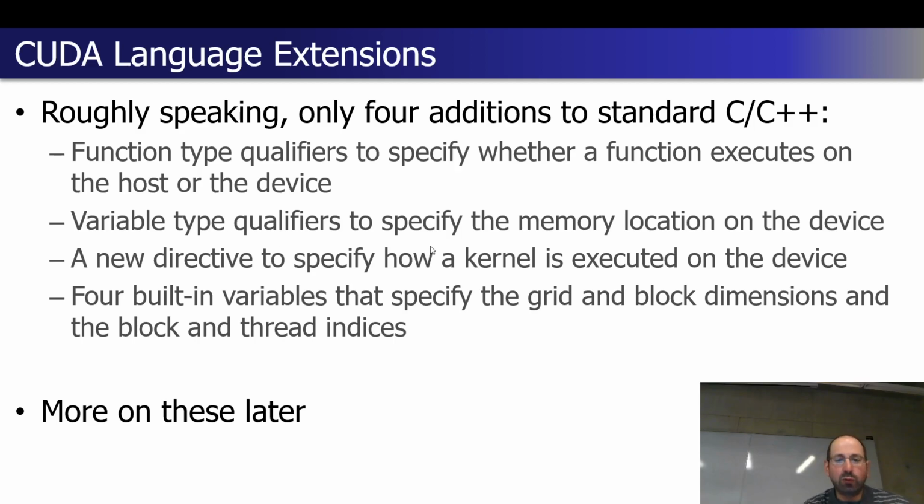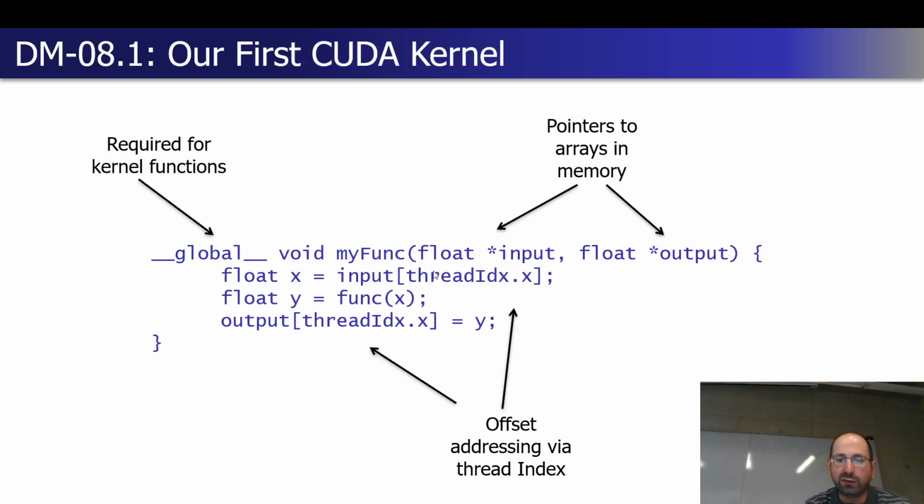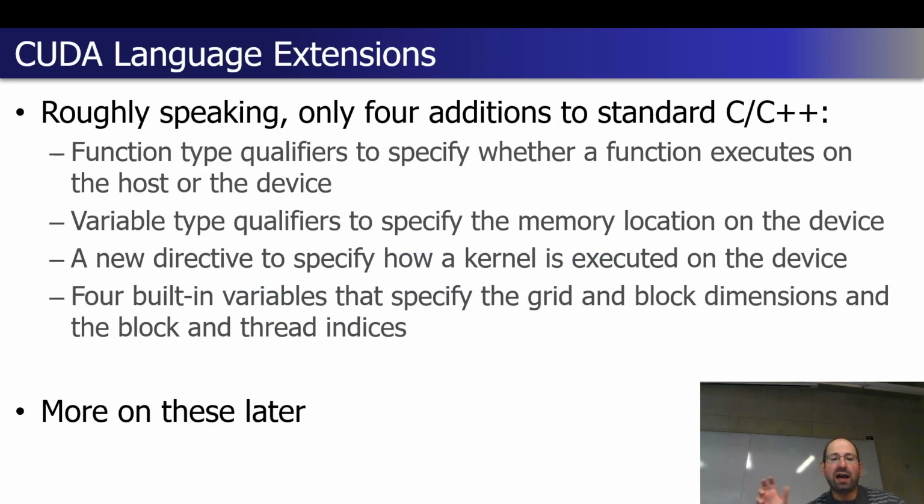There are also lots of ways we have to manage the various memory regions in our device, and there are keywords for that. There's the directive to specify how we're going to launch this work, and I haven't talked about that yet. And then there are the built-in variables, of which we've seen the first example called threadIdx. This is a built-in, assigned by the thread manager, that specifies both the dimensions of our layout of threads as well as the individual indices for our individual threads here.